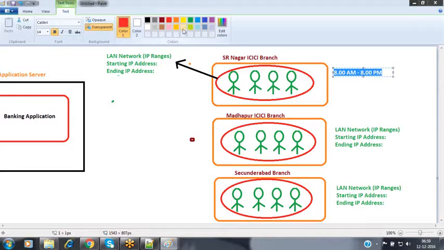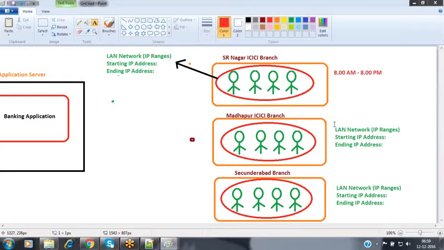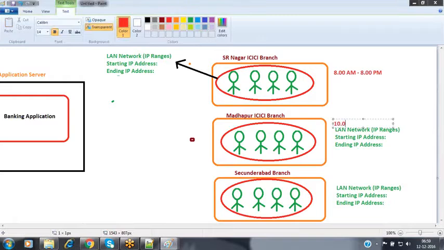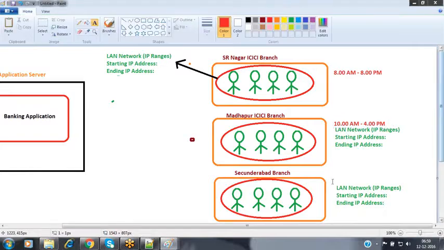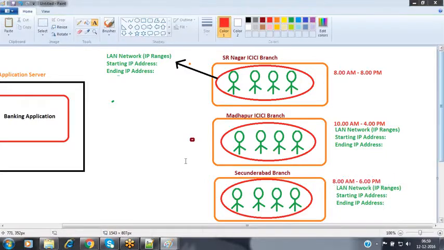Now SR Nagar ICICI Bank will run from morning 8 a.m. to evening 8 p.m. But the Madhapur branch runs from 10 a.m. in the morning to evening 4 p.m. And the Secunderabad branch runs from morning 8 a.m. to evening 6 p.m. These are the timings of the branches.